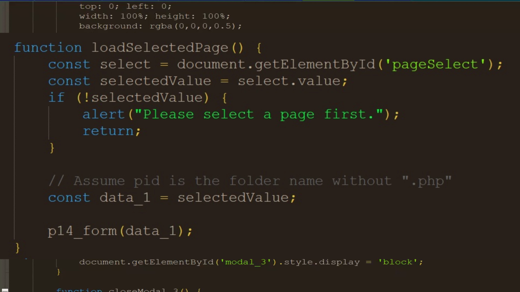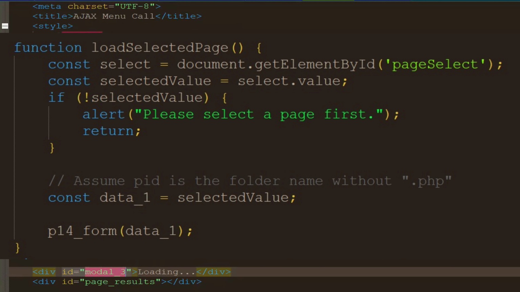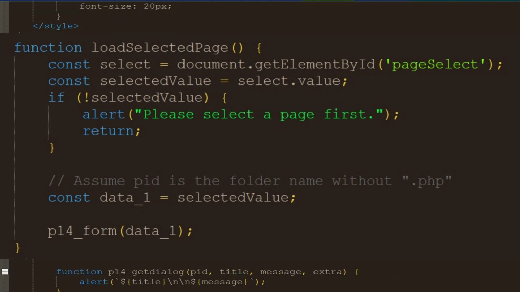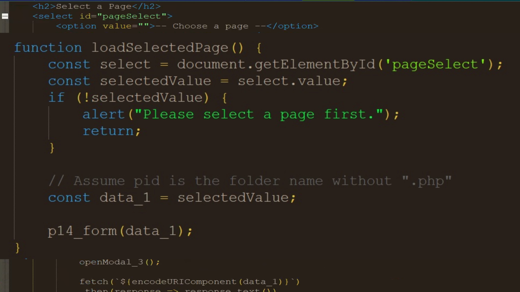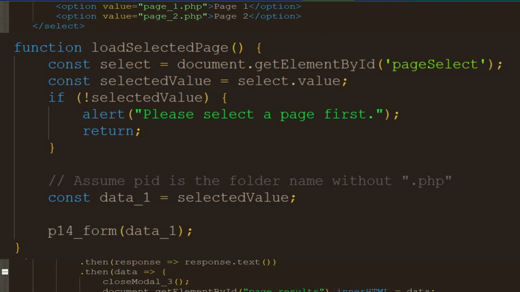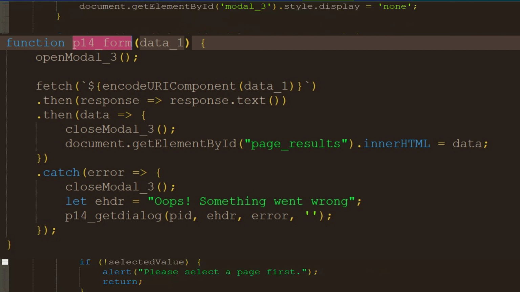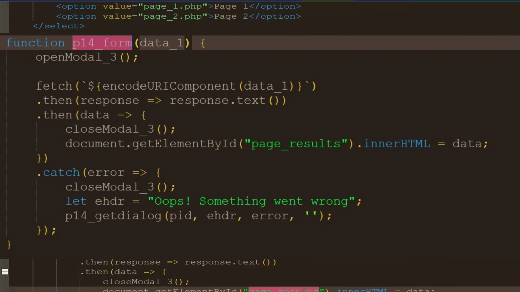2. loadSelectedPage. This function gets the selected option from the dropdown. function loadSelectedPage() { const select = document.getElementById('pageSelect'); const selectedValue = select.value; if (!selectedValue) { alert('Please select a page first.'); return; } const data = new URLSearchParams(); data.append('page', selectedValue); } If a page is selected, it sends the page name, like page1, to a function which handles the actual AJAX